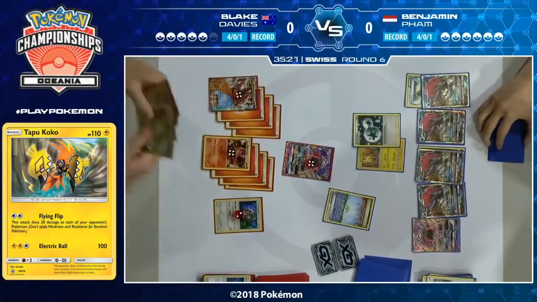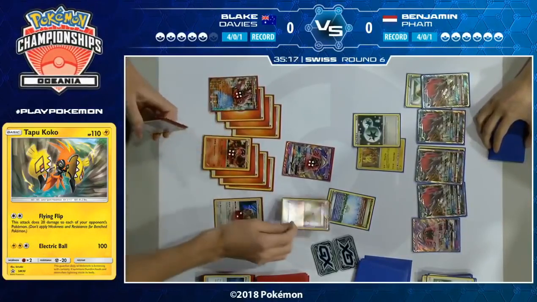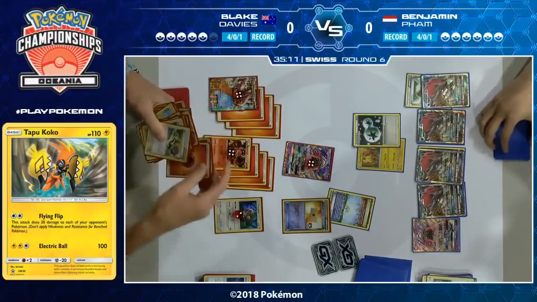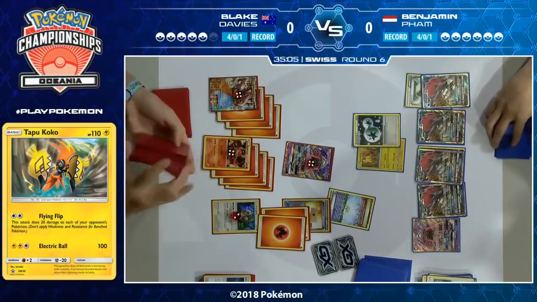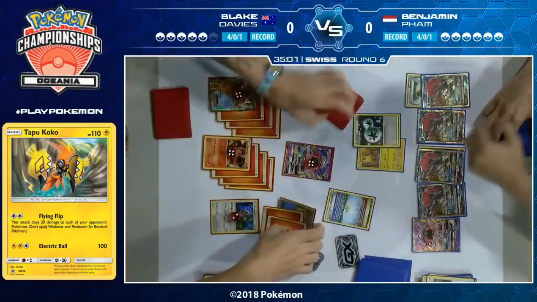And he knows that other Volcanion EX is more of a liability than it's worth, probably, because it'll have the 40 damage on it. Sure, you lose the 1 energy you committed to it, but in the long run, you're probably going to have to power up a different one anyway. So I like dumping that Volcanion EX to the Parallel City, but